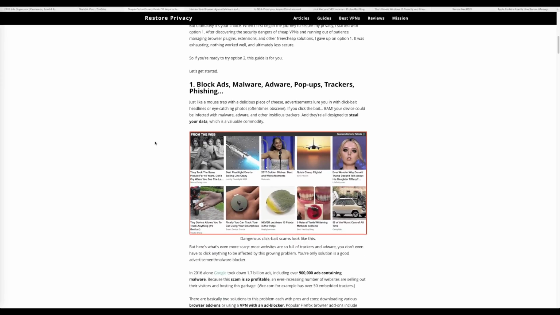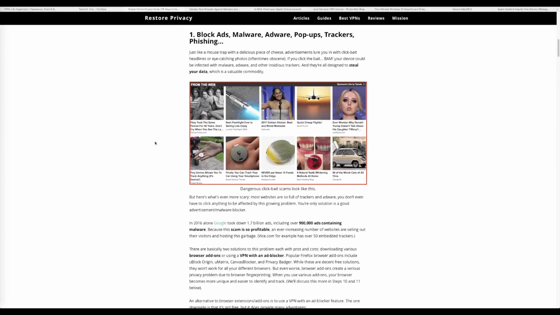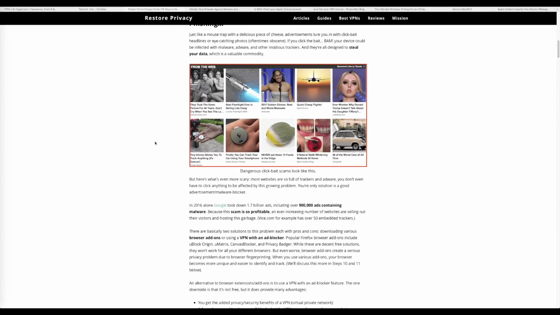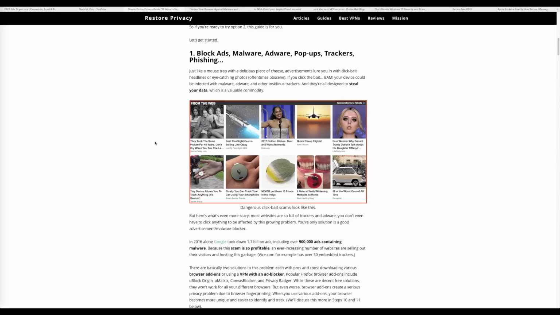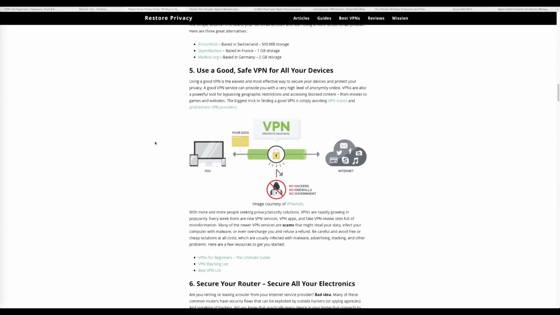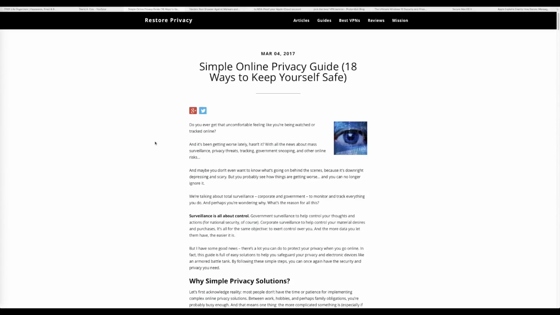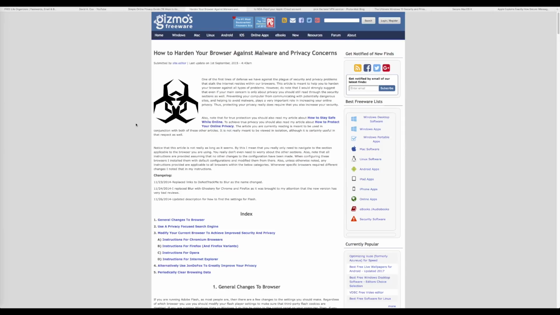These are all things which are constantly happening when you're online. People are after the data that you're inputting, and they want to turn it around and use it for their own gains. So this article is a really good thing to go through. They'll talk about many of the things that we're going to discuss in the future. If you want to start with this article, even if you don't look at any of the others, this is a really good one to start on.